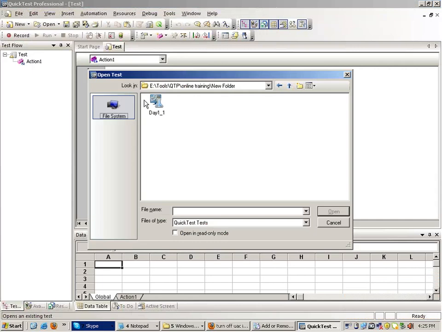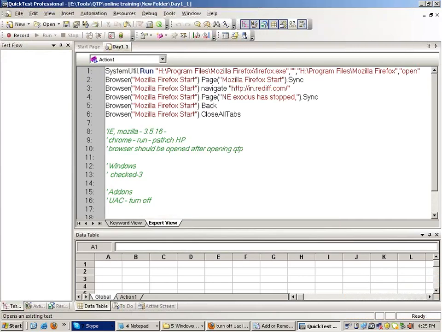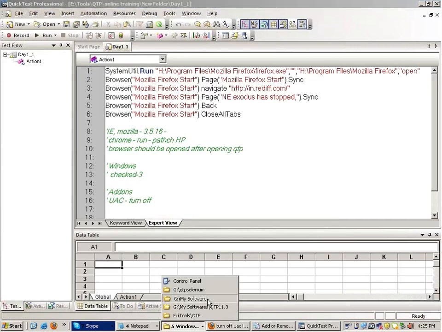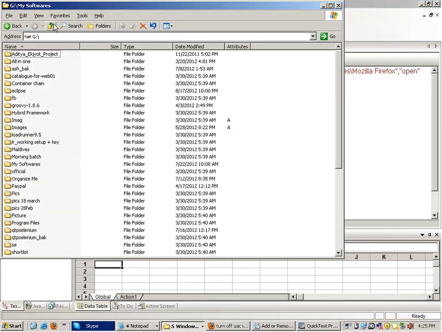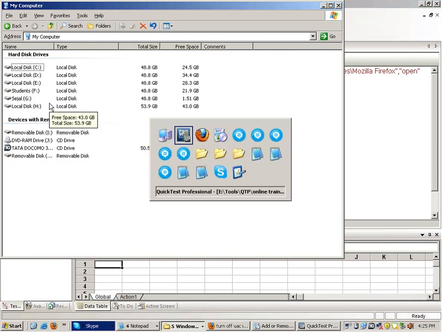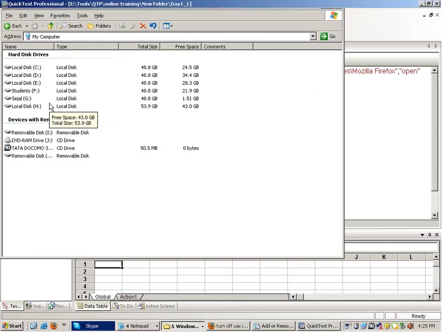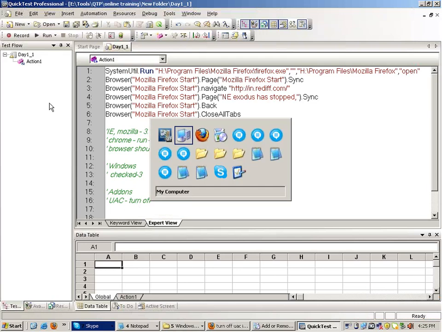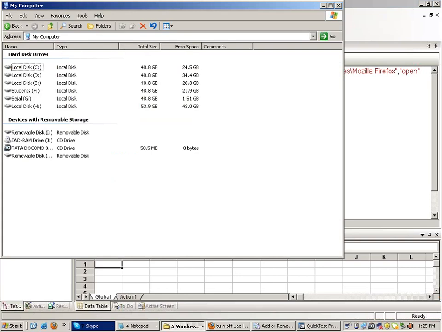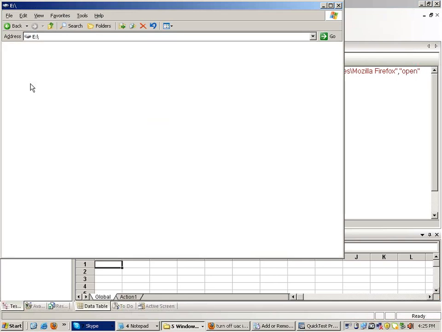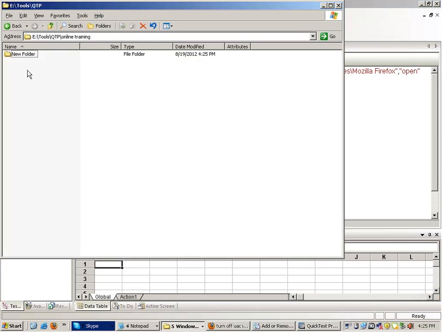If you physically go to the location where the test is actually stored, for example the E drive, this is your script, day1_1.